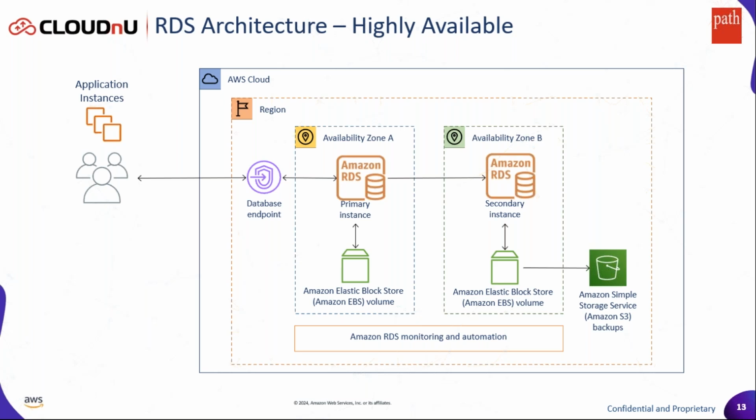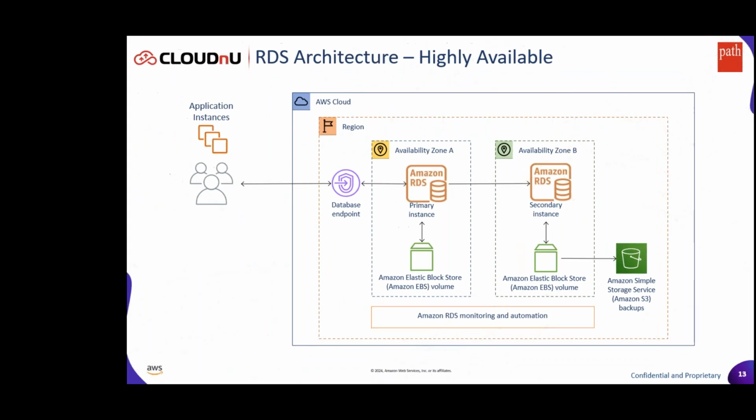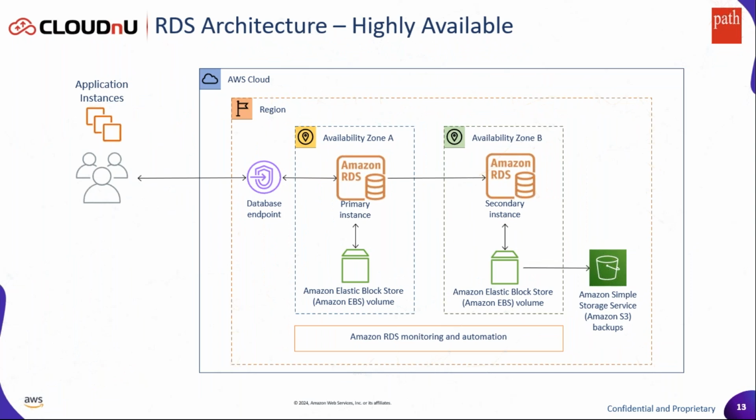It's that easy. And the way it works is, in RDS we provide you an instance, let's say a primary instance, and this is hosted in an AWS availability zone. Let's say this is availability zone A. If you select that you want this database to be highly available, there is a feature called multi-availability zone. You just have to enable that single option, and RDS will automatically set up a database copy in a different availability zone. In AWS, an availability zone is a separate cluster of data centers, and they are geographically separate, at least 100 kilometers apart.